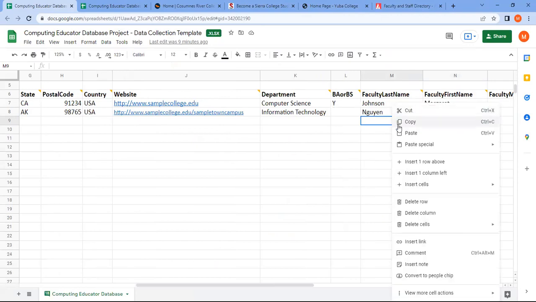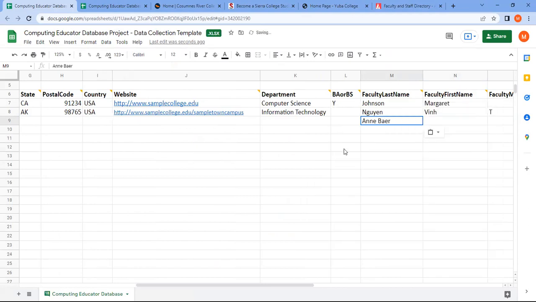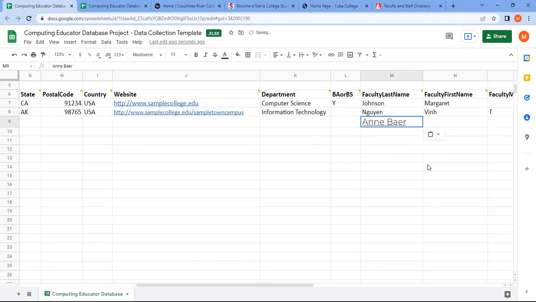And we've got a last name and a first name, and this is where you would then paste the content. Now, rather than paste, I actually recommend that you paste the values only, okay? The values only means that you don't have to worry about the formatting. So it will come across in the format that the spreadsheet has. Now, you could always change that format later, okay? So we could have just said, okay, right-click, paste, and then notice the font and things would have been slightly different,